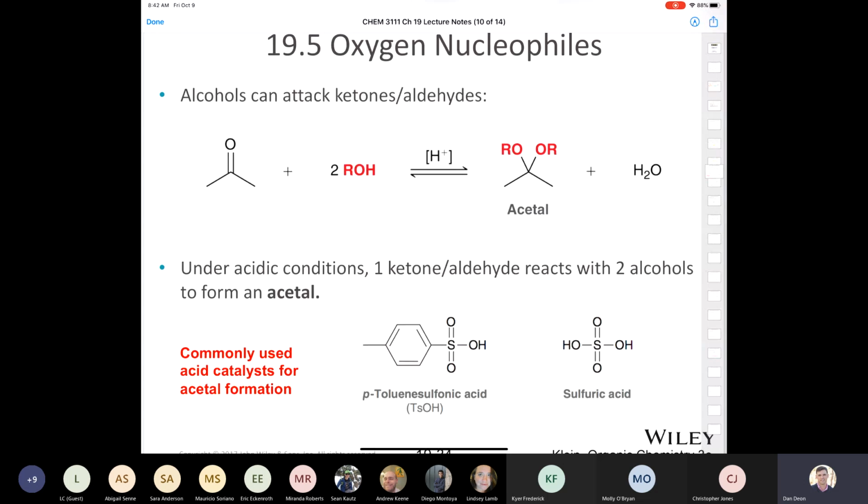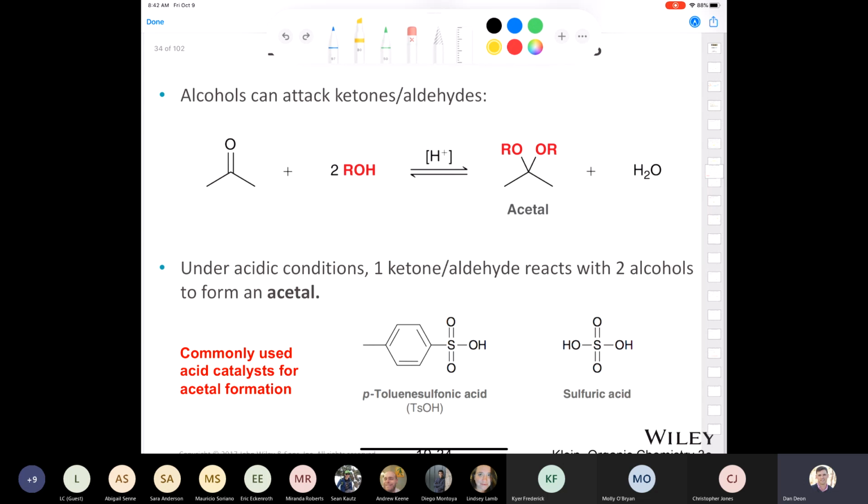Here's a new functional group that you have to be aware of. In fact, this is a functional group that's going to come up a lot. We're going to look at the entire mechanism of this reaction, where an alcohol can attack a ketone or an aldehyde to form what's called an acetal. The way that works is we take our ketone or aldehyde, and they're showing a simple ketone, acetone. We have to react it with 2 molecules of the alcohol. So you can see the stoichiometry is 1 to 2,